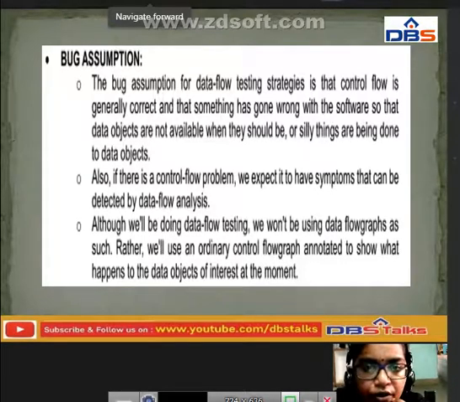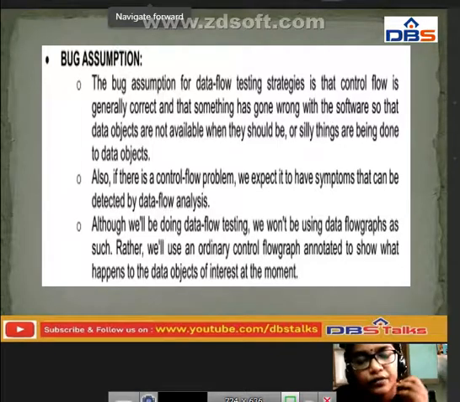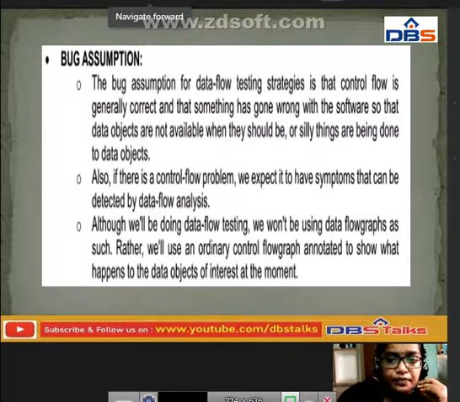If something has gone wrong with that particular software, we need not show any proof that it was not done perfectly, so that the data objects are not available when they should be.